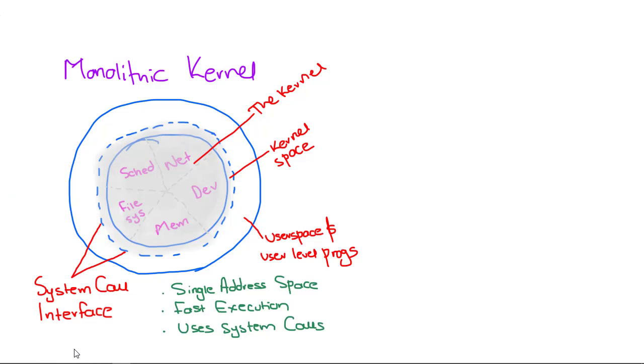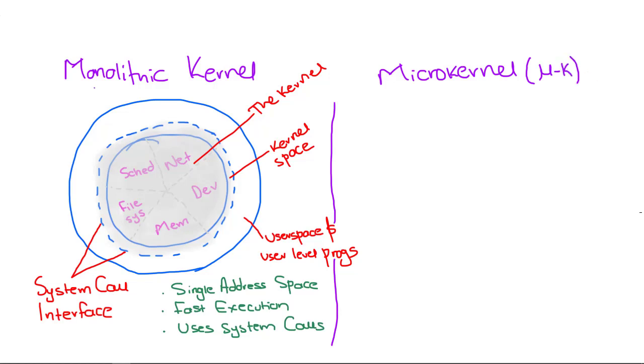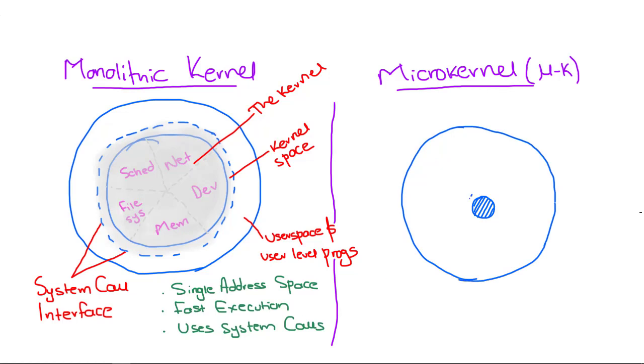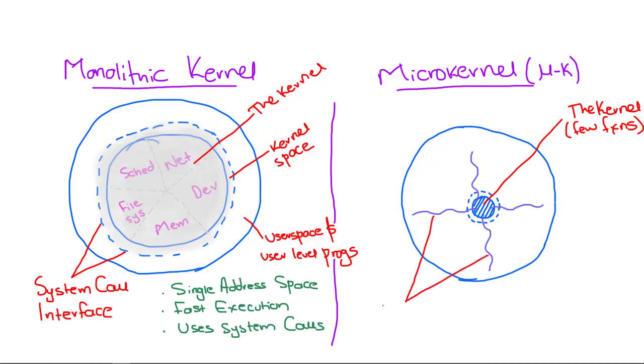And the other type of kernel is the microkernel. In this type of kernel, only a few essential functions are assigned to the kernel. These functions that you can't do without are memory management, interprocess communication, and basic scheduling. All other OS services such as file systems, network protocol stacks, graphics, device drivers are all provided by processes called servers running in the user space. And these servers may call other servers through interprocess communication to request services, that is, in case one server needs the services of another server.